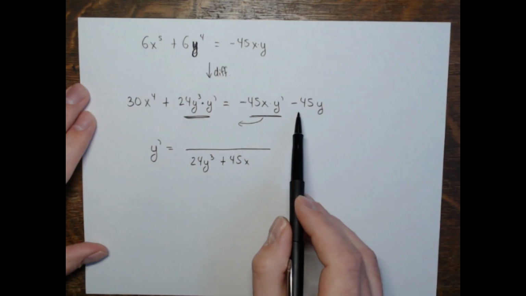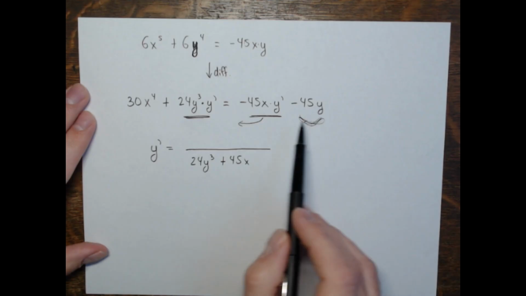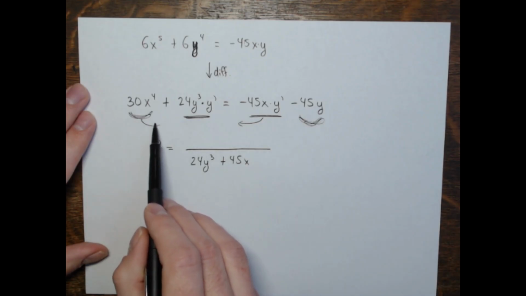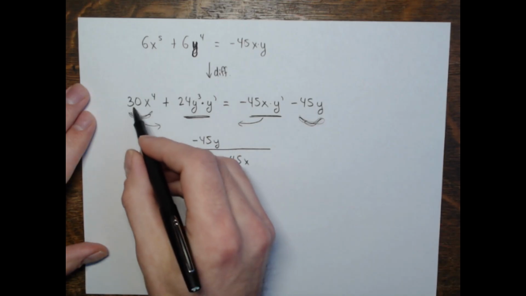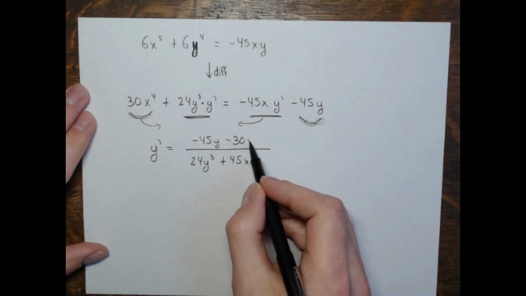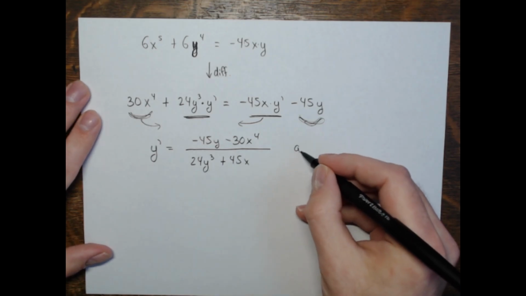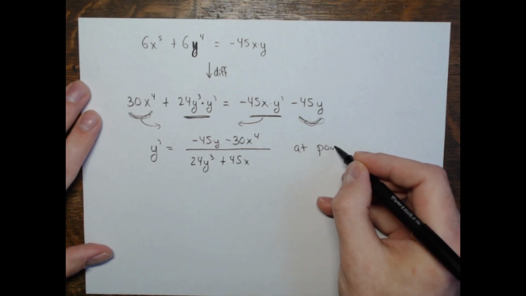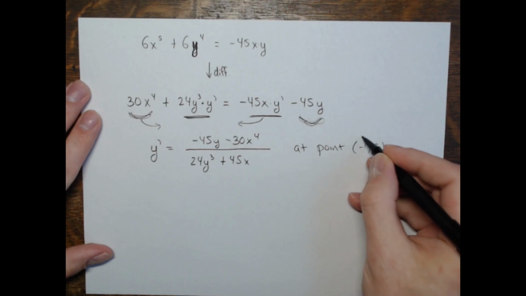And the numerator, again, I moved all the y prime stuff to the left, so this doesn't have y prime. Keep it on the right, and then move this. So I'd have negative 45y, minus 30x to the fourth. So here's an expression for y prime, and then at the point negative 1 comma 2, and this is x,